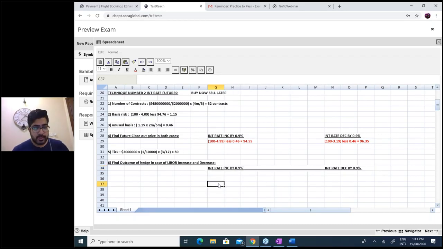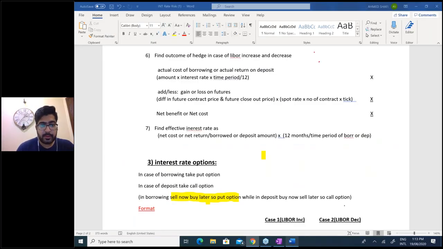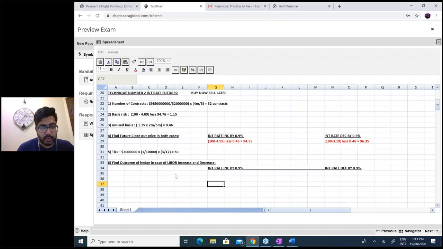So two cases: interest rates increase by 0.9 and interest rates decrease by 0.9, because step 6 requires finding the outcome of the hedge in case of increase and decrease. Okay, so what is the format? You need to take the actual cost of borrowing or actual return on deposit. It's the same, you already did the actual cost of borrowing or actual return on deposit. It's a deposit case, so it will be